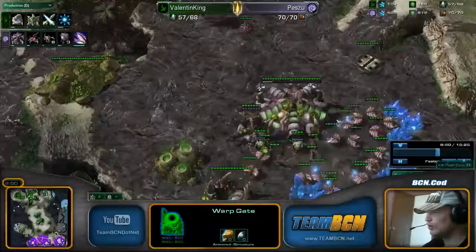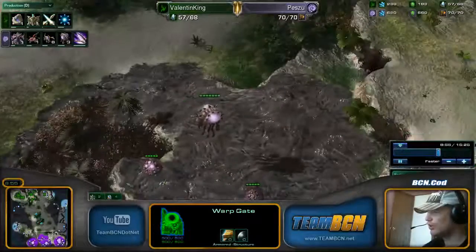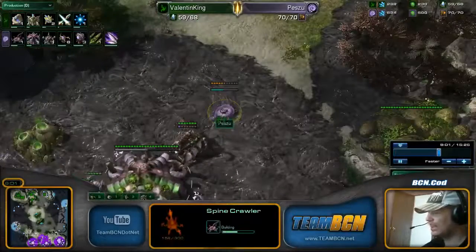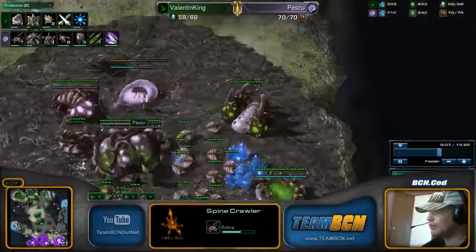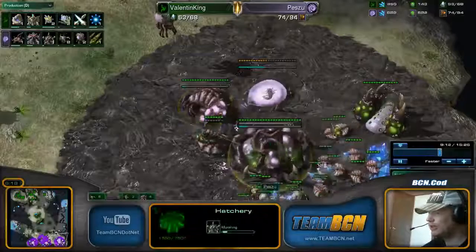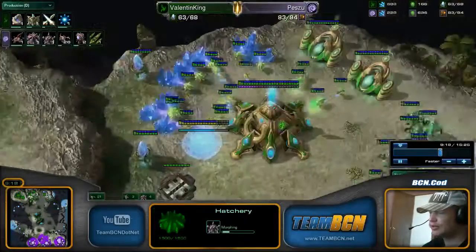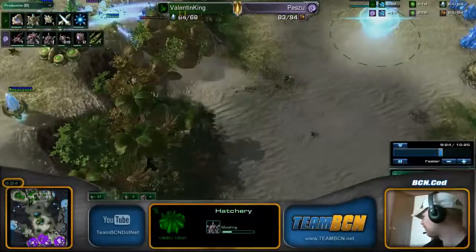Good queens, 3 queens. The creep spread could be better. That does give your units extra speed, putting a spine up at the third. Kind of interesting. Another macro hatch coming down in the main. He is morphing to lair about the 9-minute mark. A little late. Usually lair is about roughly